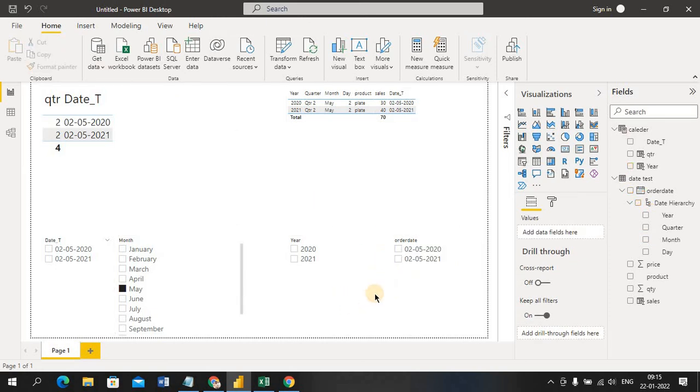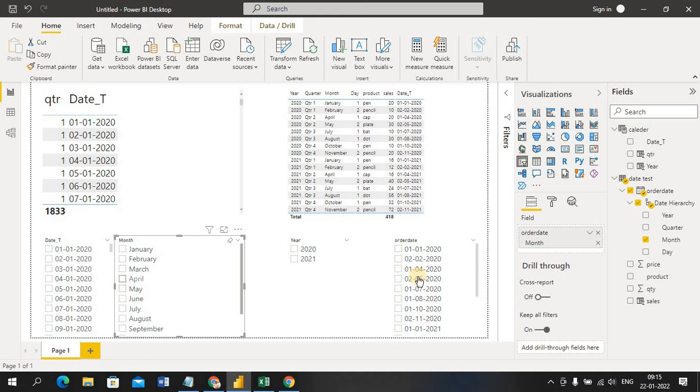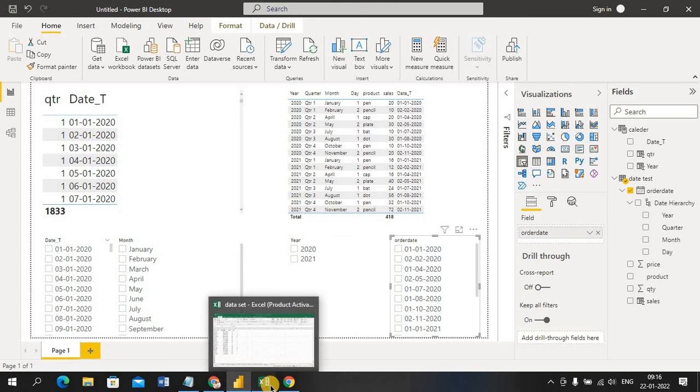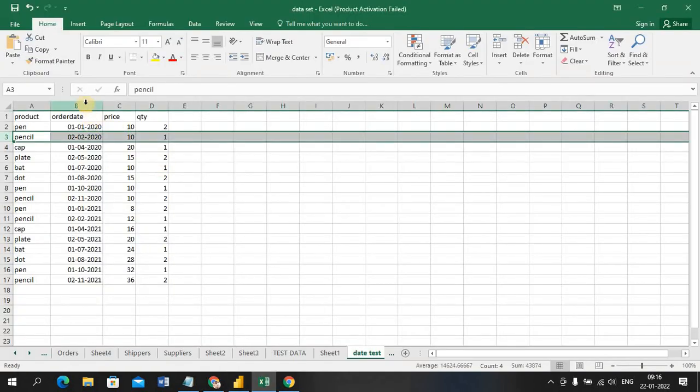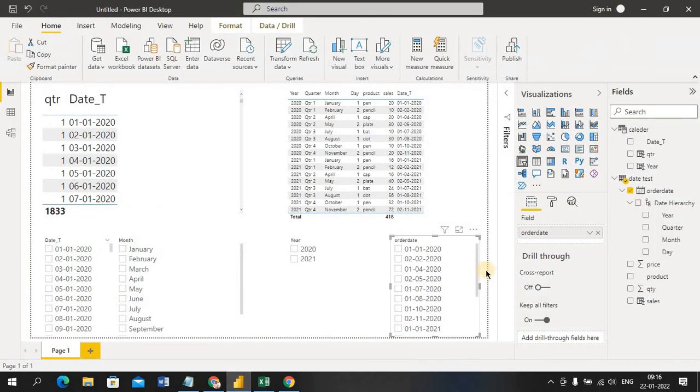See, so this order date coming from, just remove all the filters. We can see these are the available dates for me from this orders data set, which is coming from this table. Only these dates are available for me.